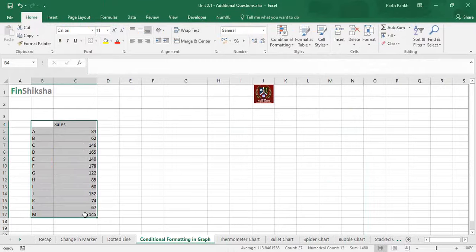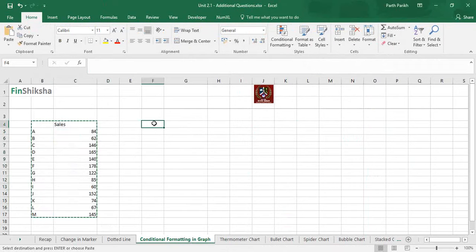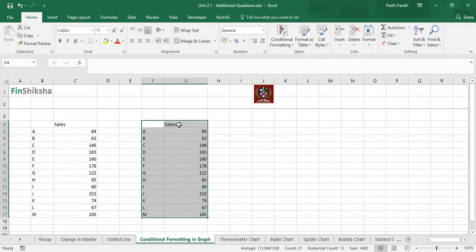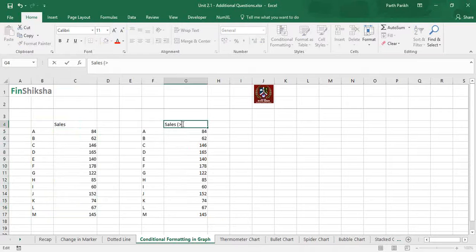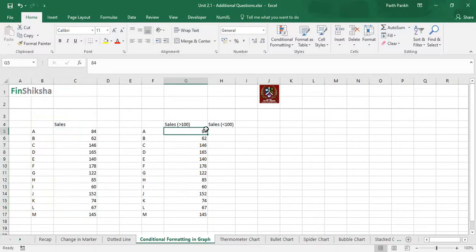For that, you just copy this data into a separate location. You simply have to write if sales, which is over here, greater than 100, and sales less than 100.